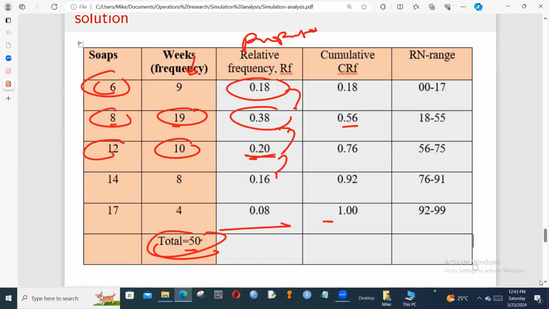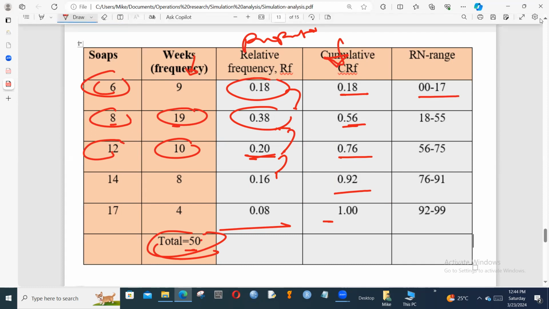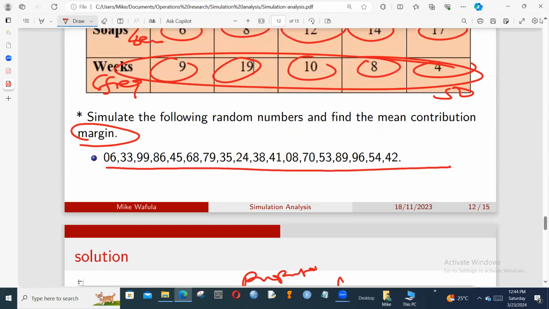Then from here, you can see the relative frequencies. The cumulative probabilities are to 2 decimal places. So you can now get the relative number range just like you have been doing. So this is 00 to 17, then 18 to 55, 56 to 75, 76 to 91, all the way. So it's a unique kind of question, so that once you have this, with the random numbers given,